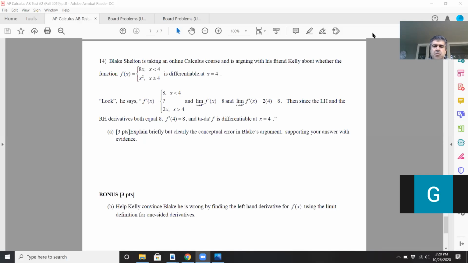Conceptually, Blake is incorrect because you don't have continuity. You need continuity to be differentiable. So that's part A. Then for part B, now